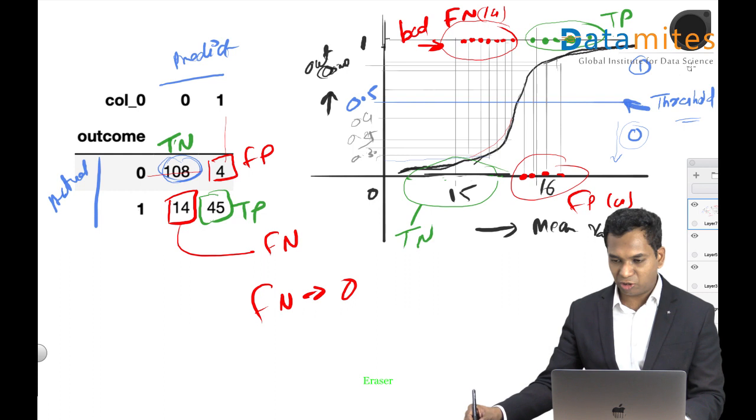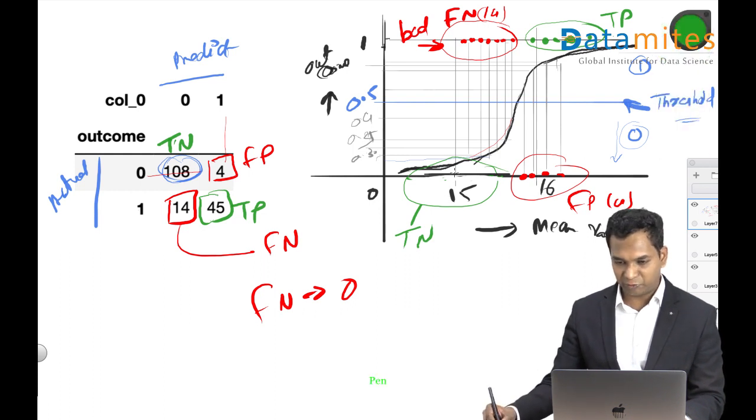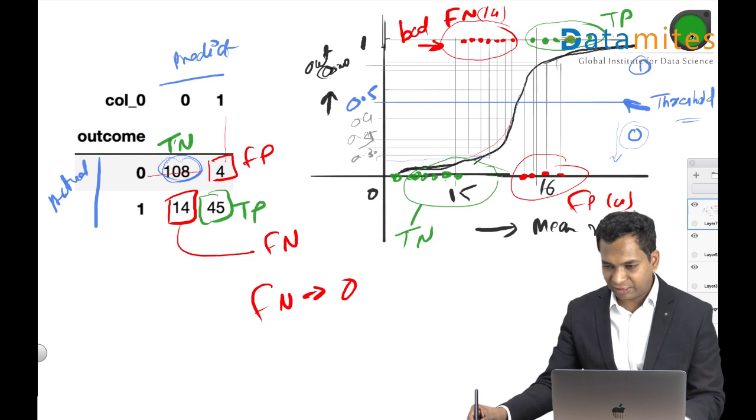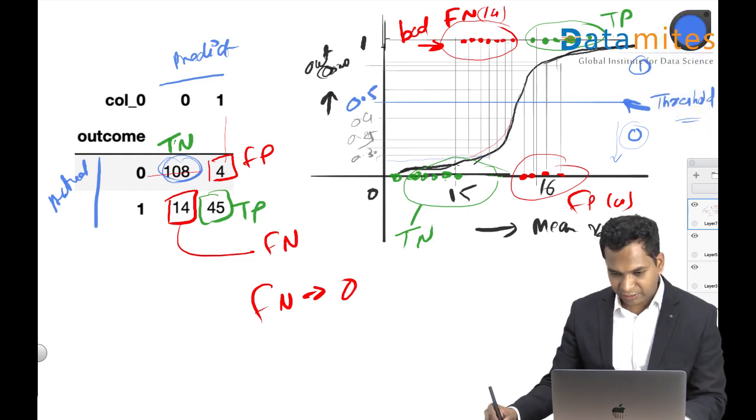This graph is really not to scale, as you can understand. So I'm just trying to create it. And there are only four of these things. Okay, good. So if I can create a graph with a threshold somewhere here,